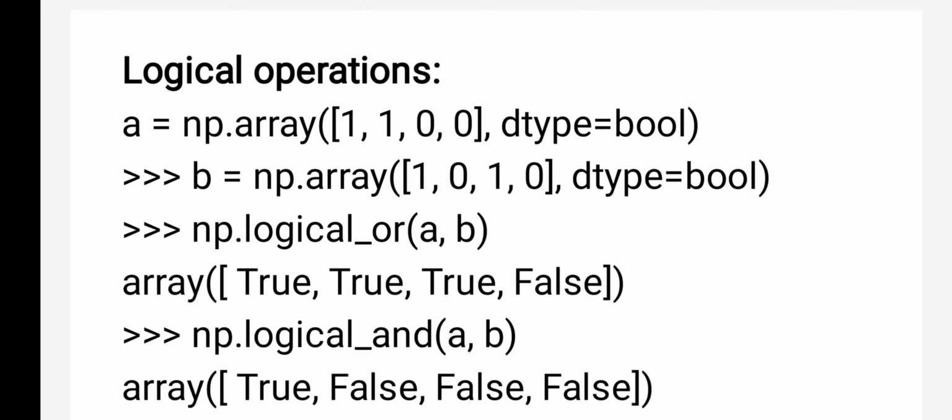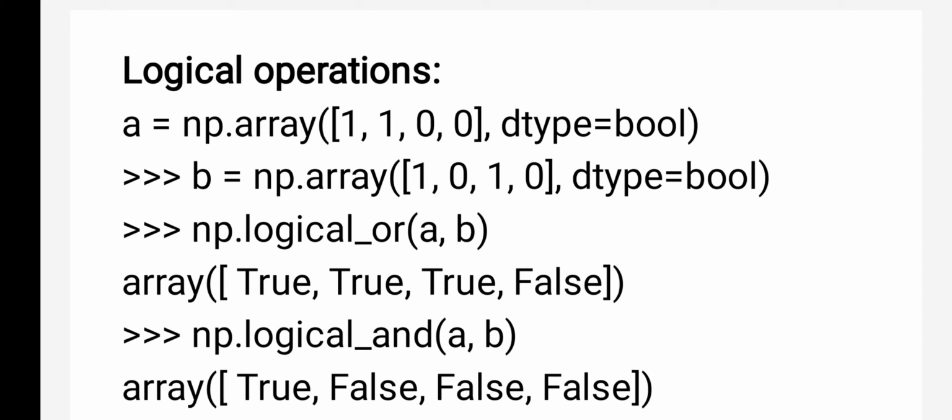Logical OR means if at least one element out of these 2 arrays is true, you will get a true result. Otherwise, you will get a false result. Now we'll see logical OR. At least one element of the 2 arrays should be true, no? So you see the first one, 1, 1. True, true, you will get a true. Second one, 1, 0. True, false. You will get true. You see the third one, 0, 0. Is it true? No. Next, you see false, 0 0, it is a false, so you will get a false result.